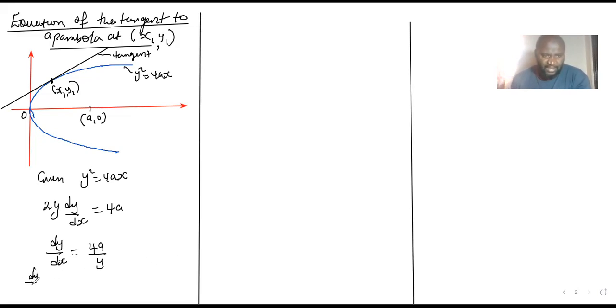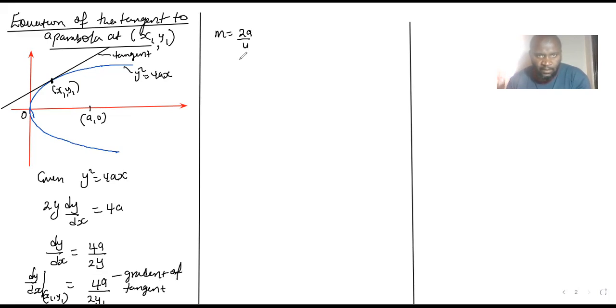Therefore, dy/dx, which is the gradient of the curve at the point where x is x1 and y is y1, shall be 4a out of 2y1. This becomes the gradient. Teacher, where is that 2? Sorry, there's a 2 here. We can simplify it to 2a over y1. And we call this the gradient